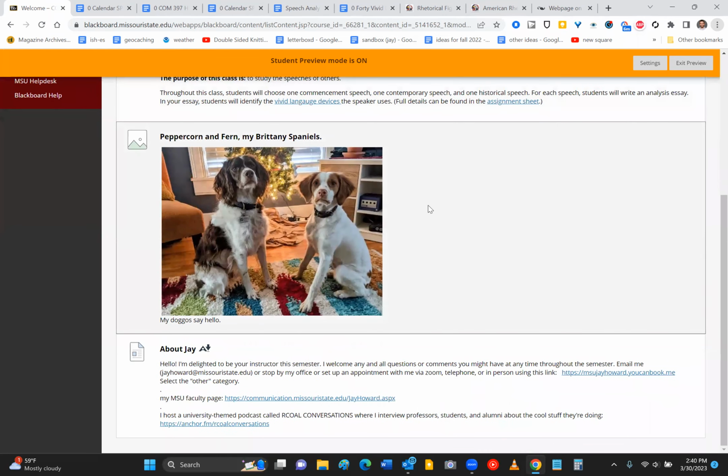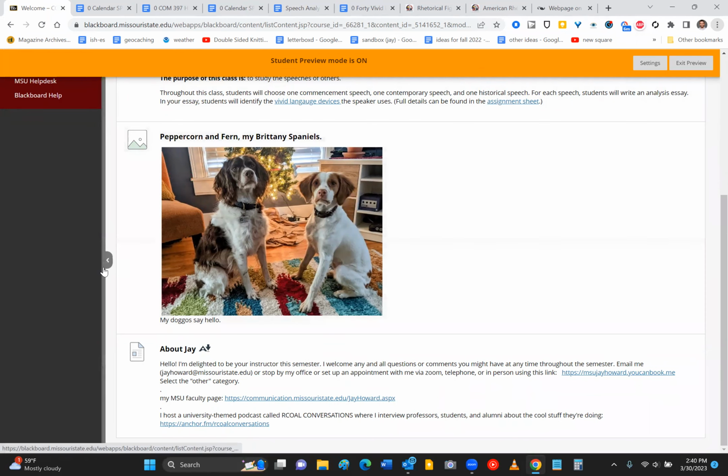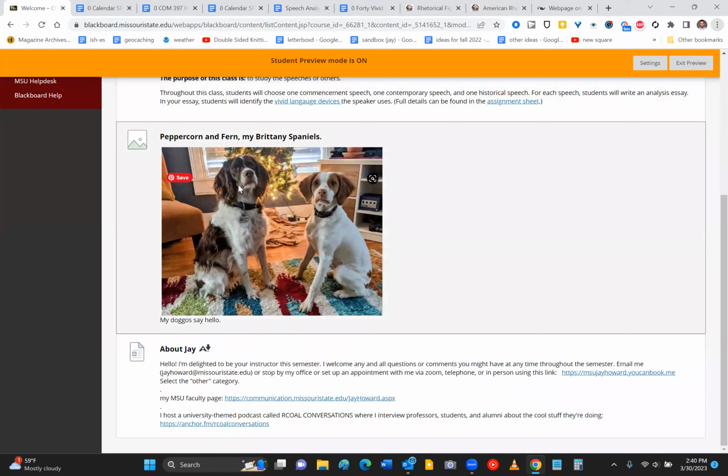Got a picture of my dogs, Peppercorn and Fern. Fern is really my wife's dog, and Peppercorn is my dog. Secretly, depending on who you ask, we think they're both, that we are each their favorite person. I think that Fern is really, I'm her favorite. But anyway,